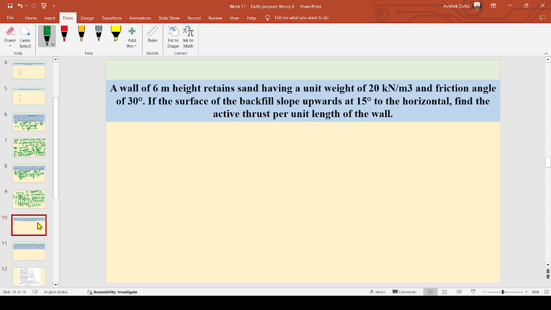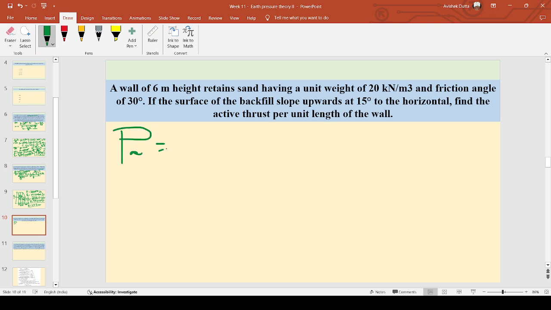Once you have solved this, the other question will be self-explanatory. You have solved this question also, I believe. So you have to find out the active thrust per meter length of the wall. I'll be directly using half gamma h square, not Ka, sorry, PA, or rather Fa. I'll add capital P in order to differentiate